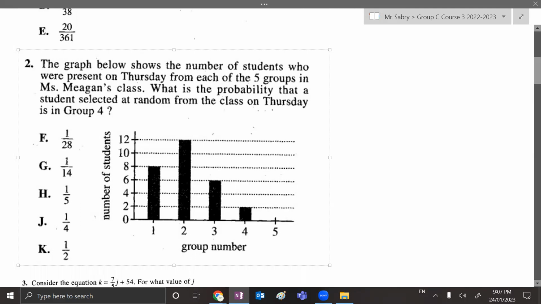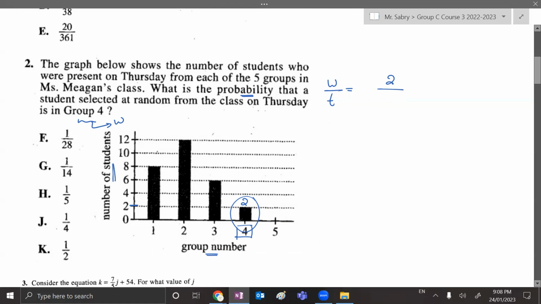So again, if they are asking for the probability, it's the same rule, which is the wanted over the total. And apparently the wanted are the people from group 4. This is what we consider wanted. So we go back to the graph and we check. These are the group numbers and these are the number of students, which means group number 4 is this bar here. So we go for this bar and we check what are the number of students. They were 2. So the wanted is just 2 over the total,